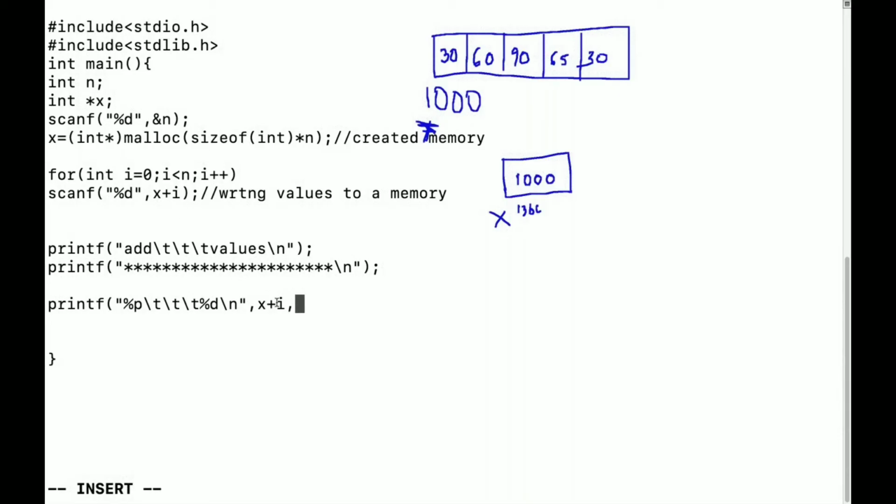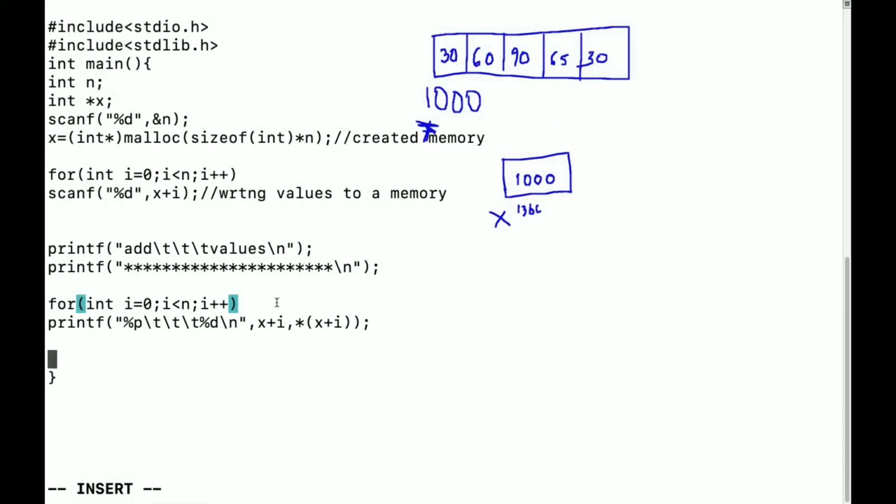Now you need the values of it. So simple thing, you have the address. When you have the address, how do you get the values? Just apply the star here. If you apply the star here, you'll be getting the values. So I'll be closing it. This i varies from 0 to n, less than n. So I will apply the for loop here: for int i starting from 0, i less than n, and i plus plus.